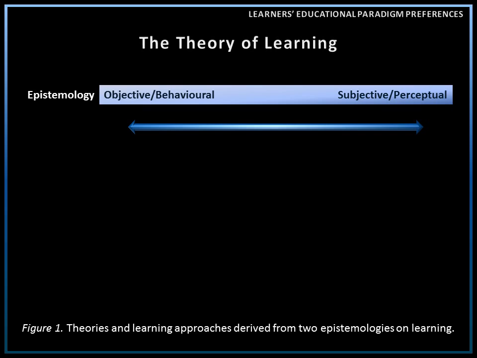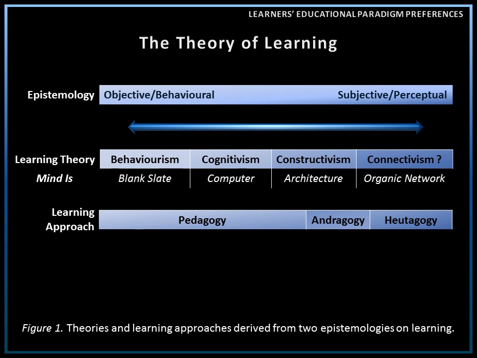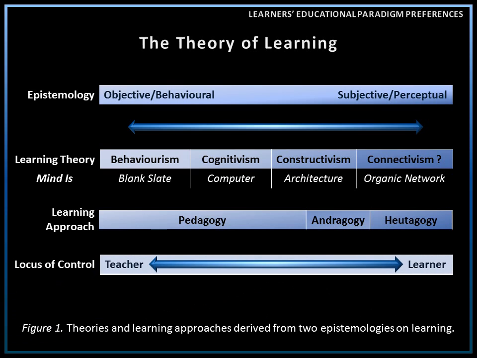The literature identifies two disparate epistemic stances on learning. Behavioralism subscribes to the notion that the source of knowledge is external and sense-based, whereas the perceptual epistemology argues that the source of knowledge is innate human perception. These opposing epistemic stances are manifested to varying degrees in the learning theories and approaches that have evolved from these notions, as illustrated here. In practice, though, the most prevalent difference is who has control over learning.